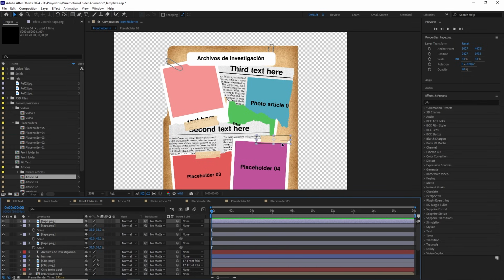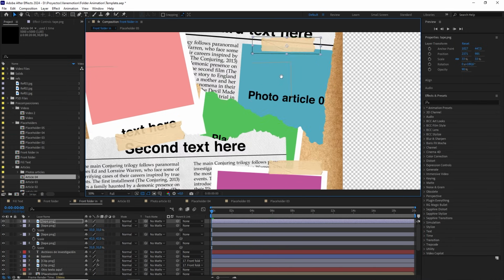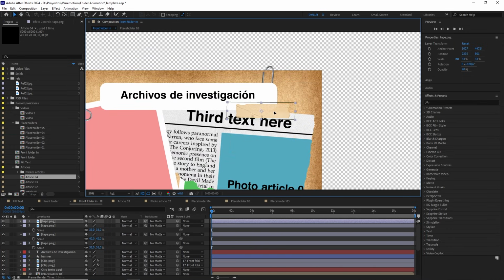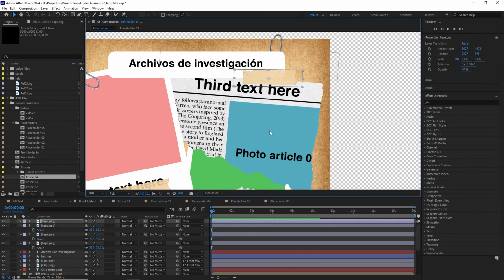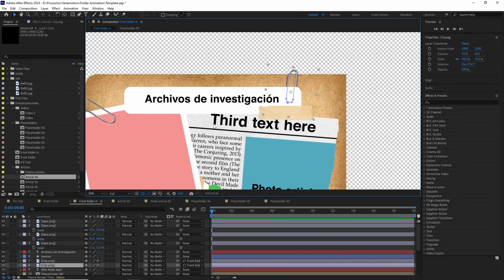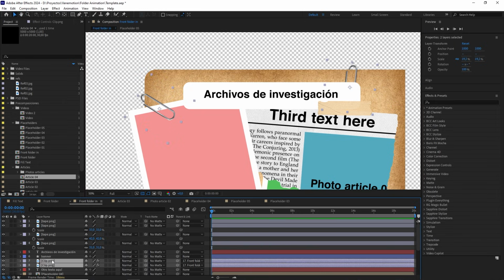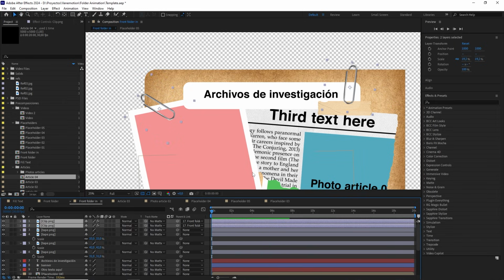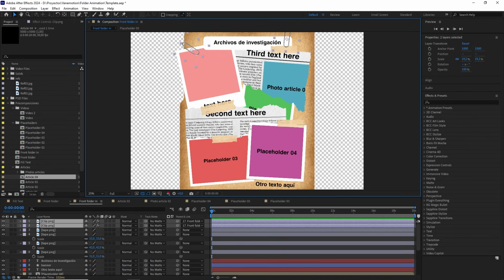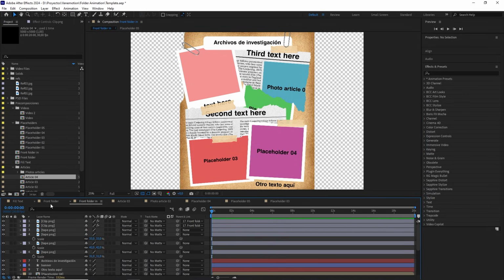Another copy, and I'm going to put this one at the top here. That's where I like it. And we have to put this clip at the very top. Okay, let's put both. There it is. Now it looks perfect. We go to the From Folder composition,